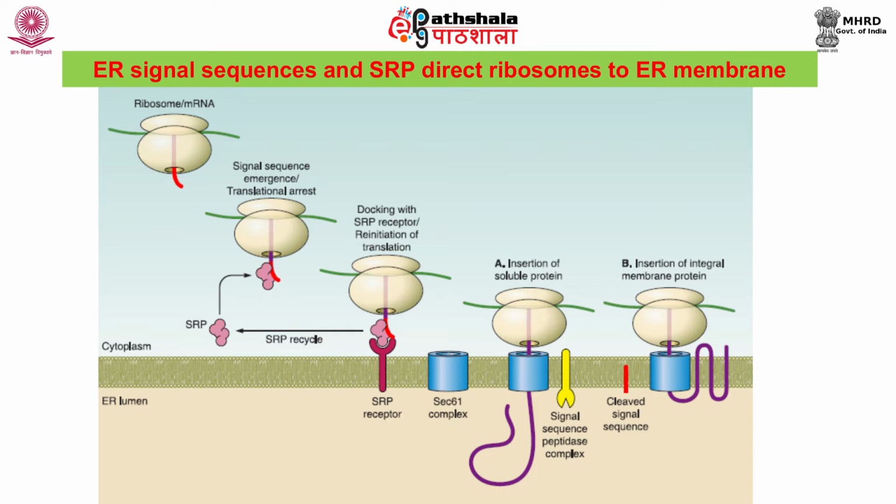The SRP receptor in the ER membrane binds SRP ribosome complex and directs it to the translocator. The SRP and SRP receptor are then released, leaving the ribosome bound to the translocator in the ER membrane. The translocator then inserts the polypeptide chain into the membrane and transfers it across the lipid bilayer. The translocator is closed until the ribosome has bound, so that the permeability barrier of the ER membrane is maintained at all times.